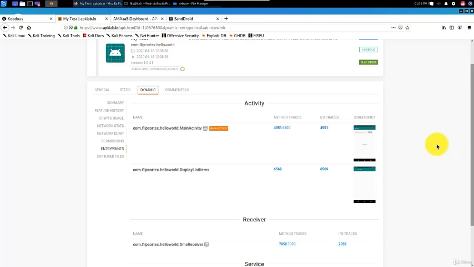Another advantage is that you can set up a proxy to intercept HTTPS traffic, which is extremely useful for network analysis. You can also perform instrumentation to bypass certificate pinning to ensure that you are in fact able to intercept HTTPS. All of this is more advanced and doesn't really belong in an introductory course like this. But if you liked this course, then you'll definitely find our more advanced one extremely interesting.